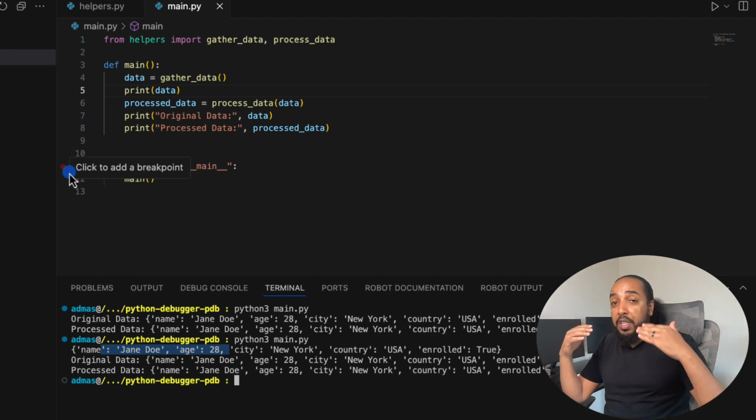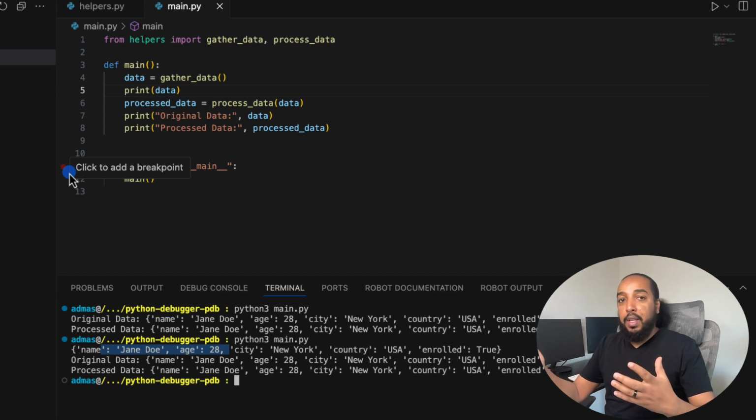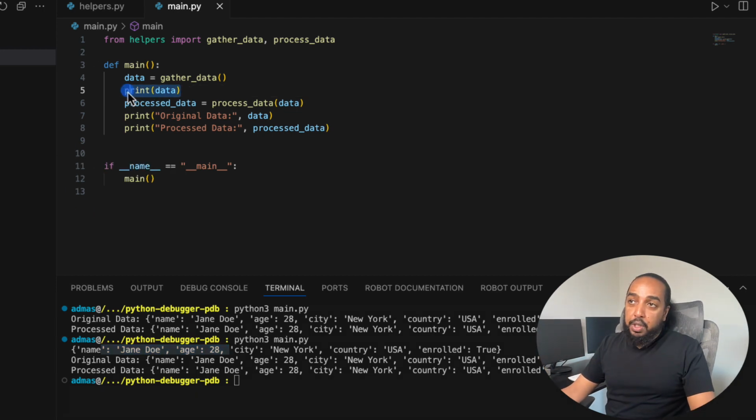Or sometimes it's logging a lot of stuff, so it's kind of hard to find what you printed, right? So it's not really the professional way of doing it. You just printed a variable to see what the content is. If the variable has data that's much bigger than this, it's hard to see with the print. So the best way to do it, the professional way to do it, is to use a breakpoint, to use